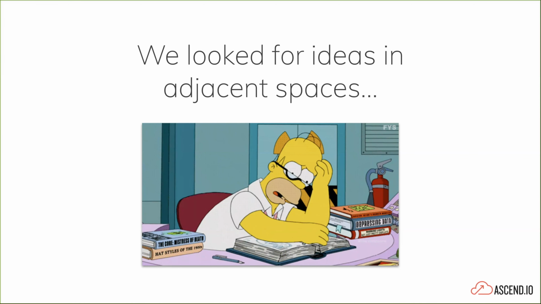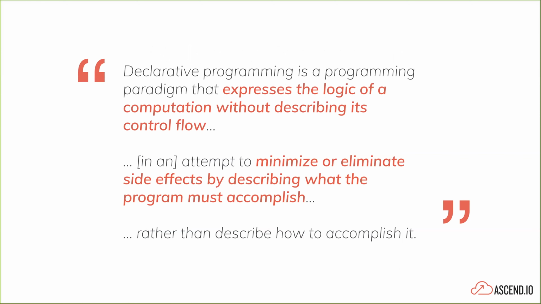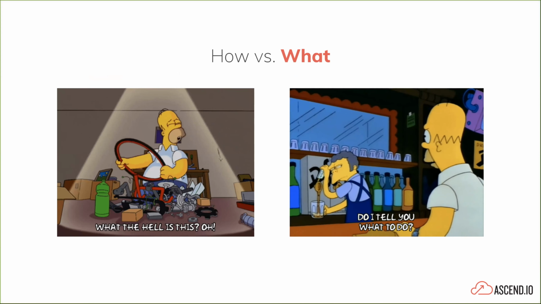And so this started to become really compelling when applied to the data space. We're going to hop into that in a moment, but before we do, just two more definitions for folks on what really is declarative. So we'll go with the canonical academic definition here of declarative programming, highlighted in red here, where we express the logic of a computation without describing the control flow. And to put it even simpler, imperative is the how, where you say how to do something, whereas declarative is the what, like what should it be.